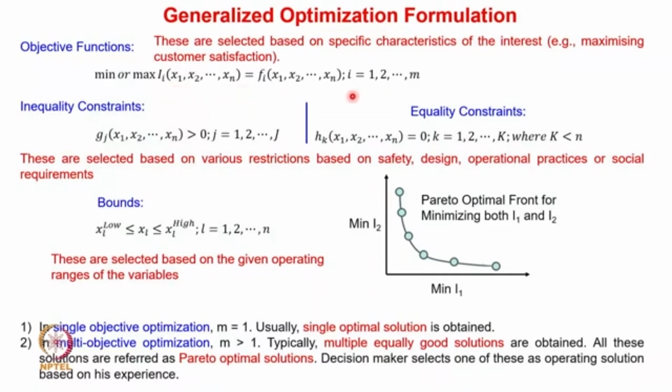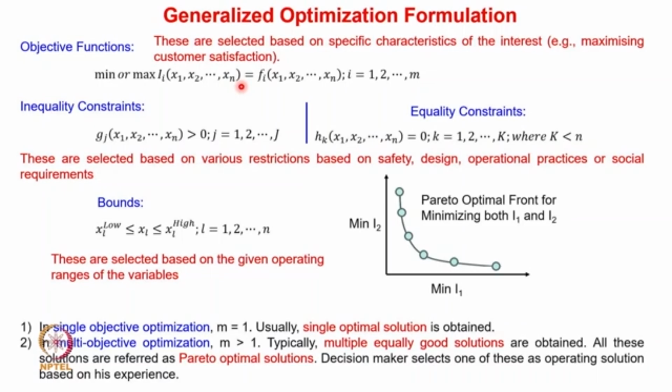So all these are the objectives we can use in the flow sheet design, and these objectives can be optimized by using different optimization methods. In this case, all these objectives can be represented in a generalized form like this. This could be maximization or minimization. So we can represent all these objectives as I1, I2, I3, etc. And these are functions of decision variables. In this case, these decision variables we have represented as x1, x2 all the way to xn,